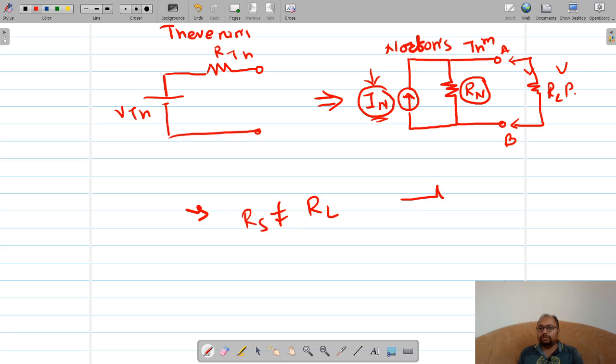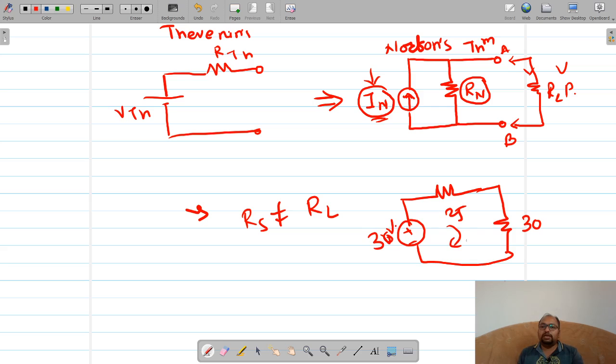Let us check it out. Suppose instead of taking that 25 as RL, Rs is 25 and the applied voltage is 30 volt. Now let us find out the current. What is the value of I? I is equal to 30 divided by